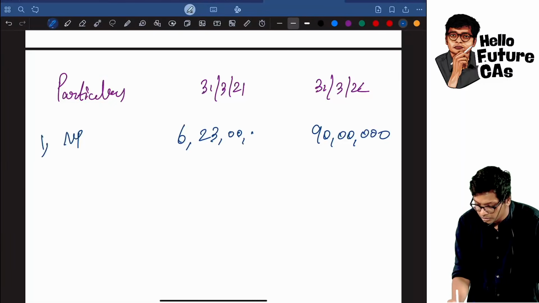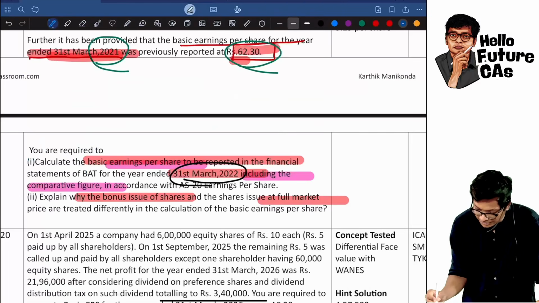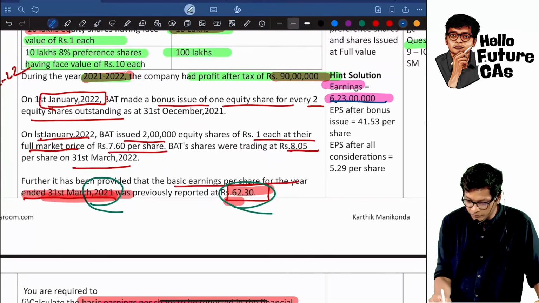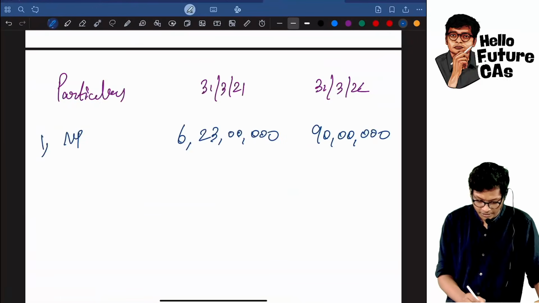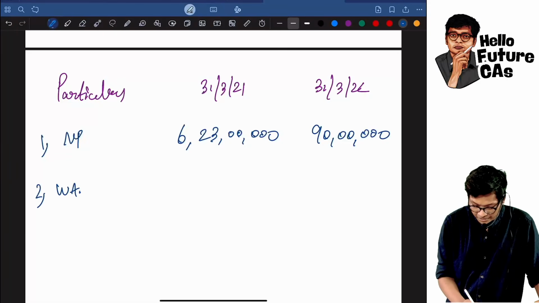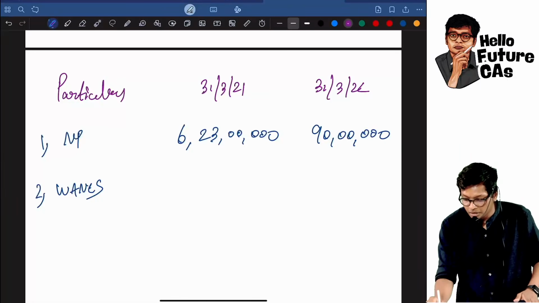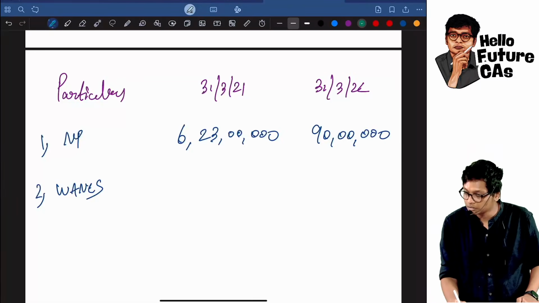23. This answer, let me check. Is it correct? Yes, 6 crore 23 lakhs. Are you following, guys? Here I have to divide by WANS. Already they have given the WANS for you. How much, guys? In the question they are giving 60